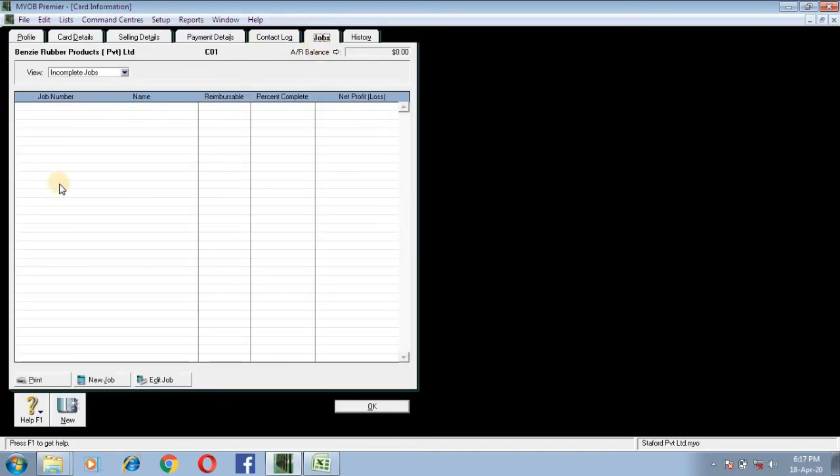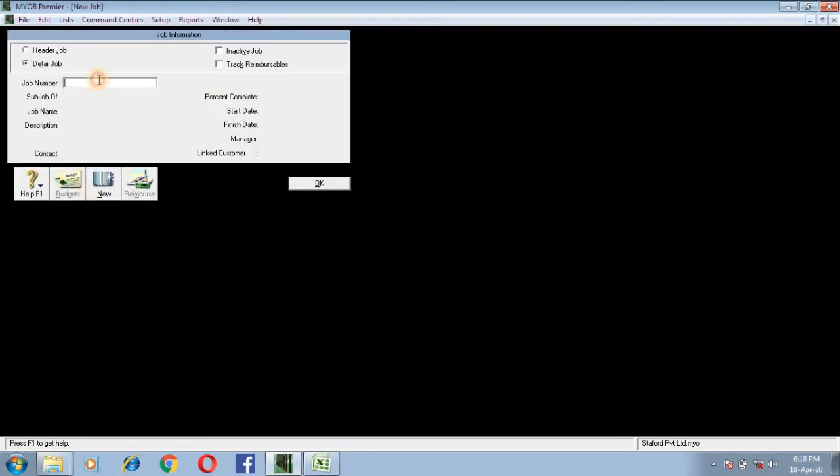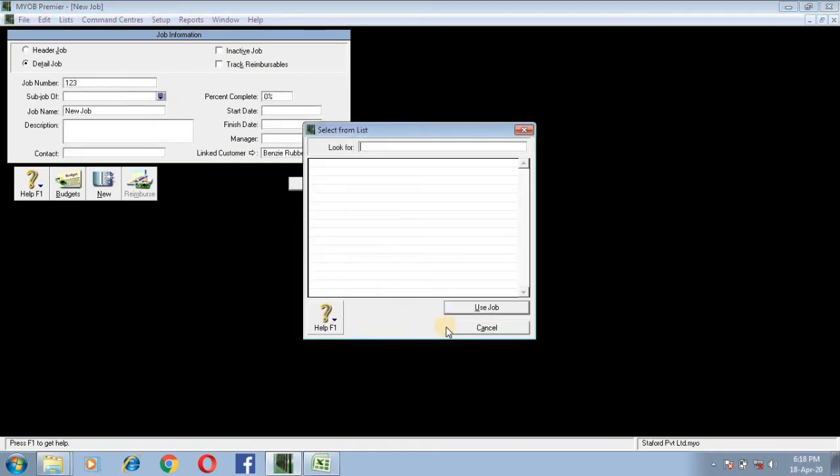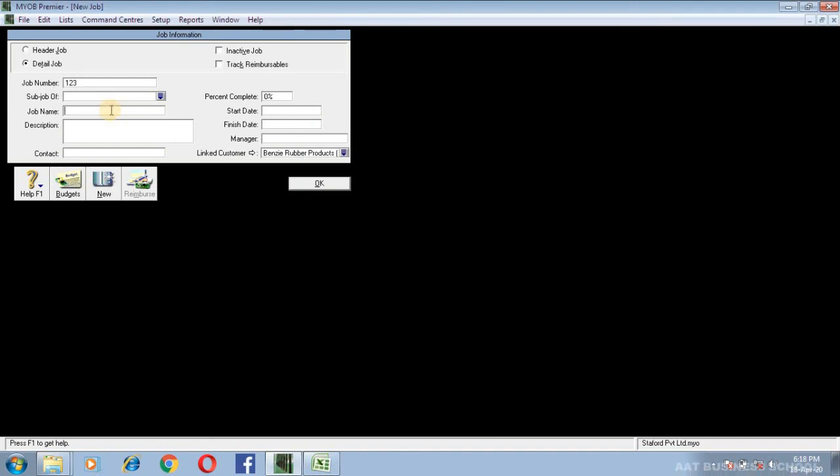Then jobs. If you have any jobs with Bensi, you can go to create new job and you can write the job number. Then you can write the job name. Let's say job name painting, you can say painting the Borella branch.